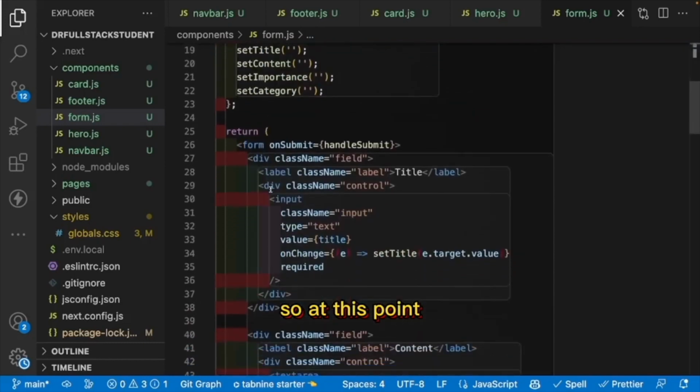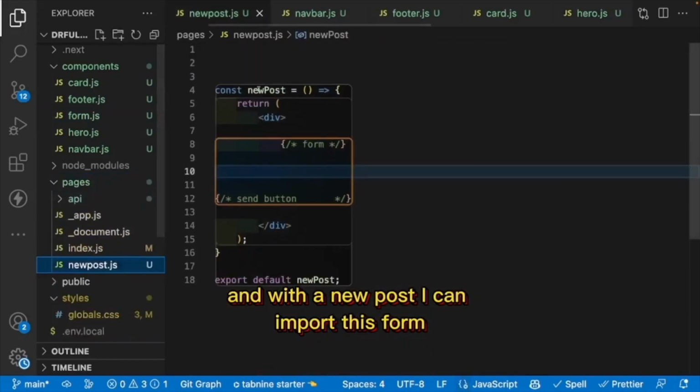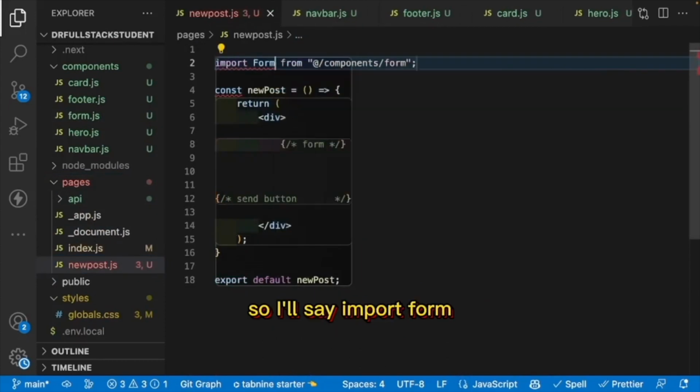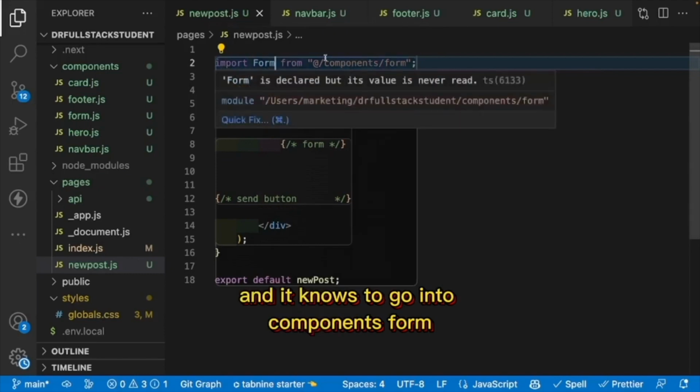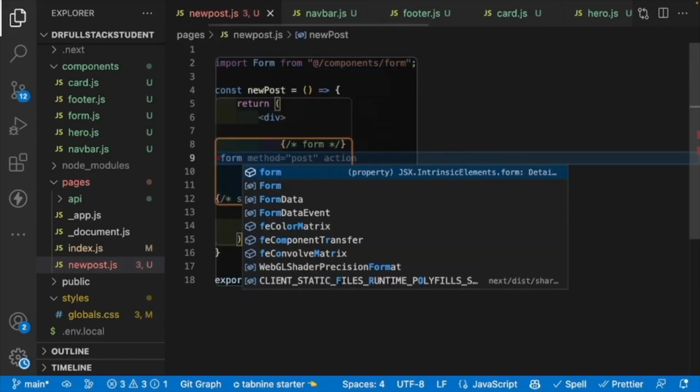Okay. At this point, I can head over to my pages folder. Within new post, I can import this form. So I'll say import form, and it knows to go into components/form. So let's try putting that in here, see what that